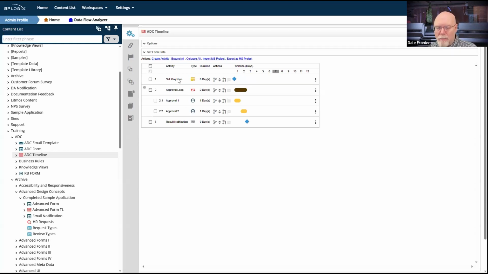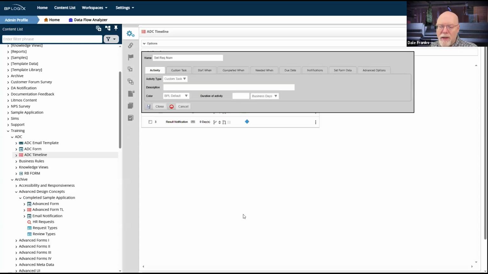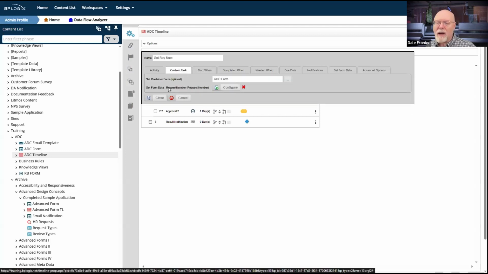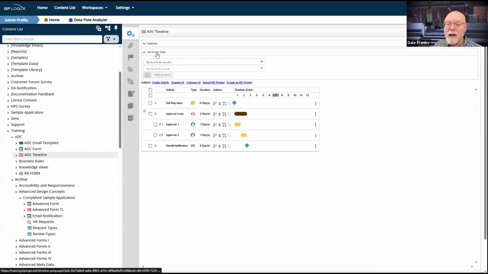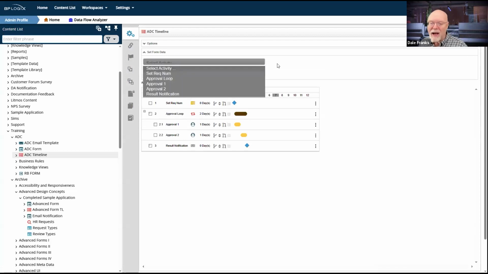action to do it. Technically, I don't need to do it this way, where I have a custom task activity and the custom task calls the set form data custom task to change the data on my form. Technically, this is an extra step I don't need because in a process timeline, I have a set form data action.